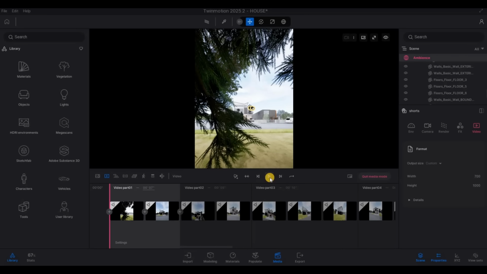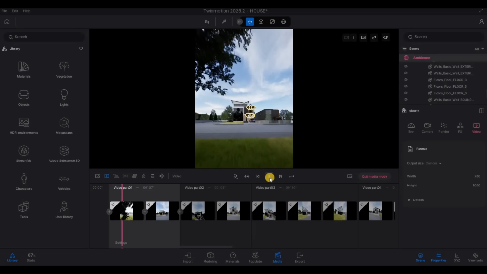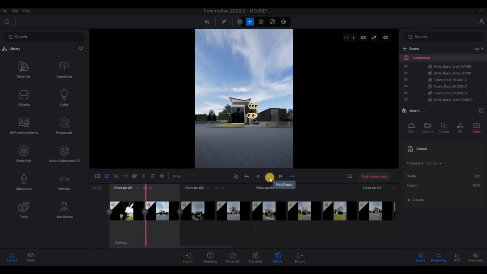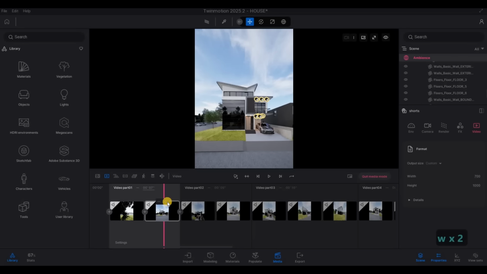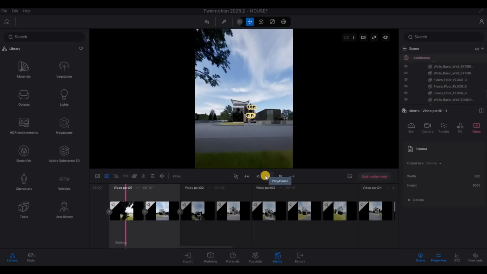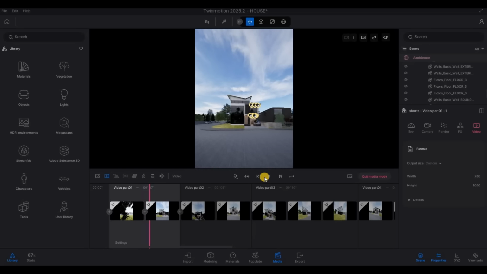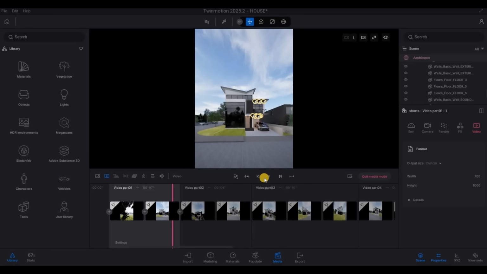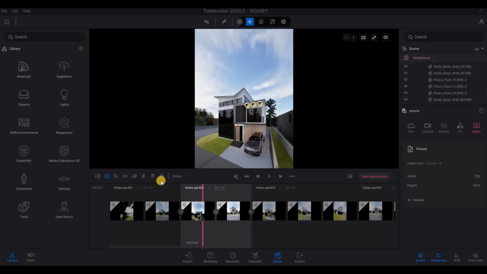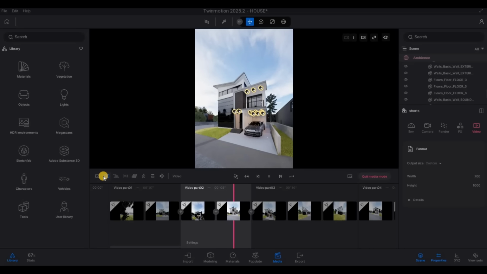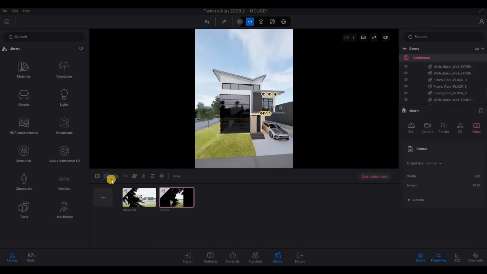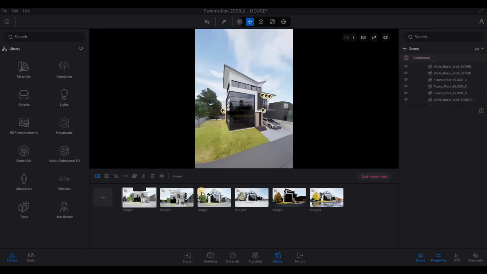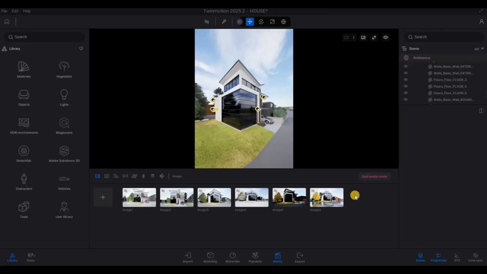I just want to double check again the front view. I might increase it up to here, so it's going to be a lot faster to zoom in. I think that's good enough. And then what you want to do is double check again all your images